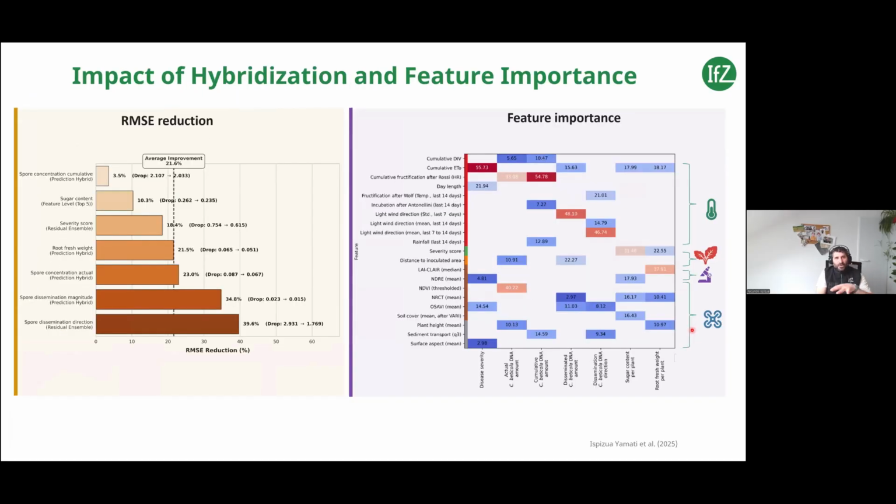After that, we train models, we test the different hybridation, and we can see here that the hybridation reduces the error. We have an average of 21.6 reduction of error comparing a very basic data model with a hybridated model. On the right side, we show for each